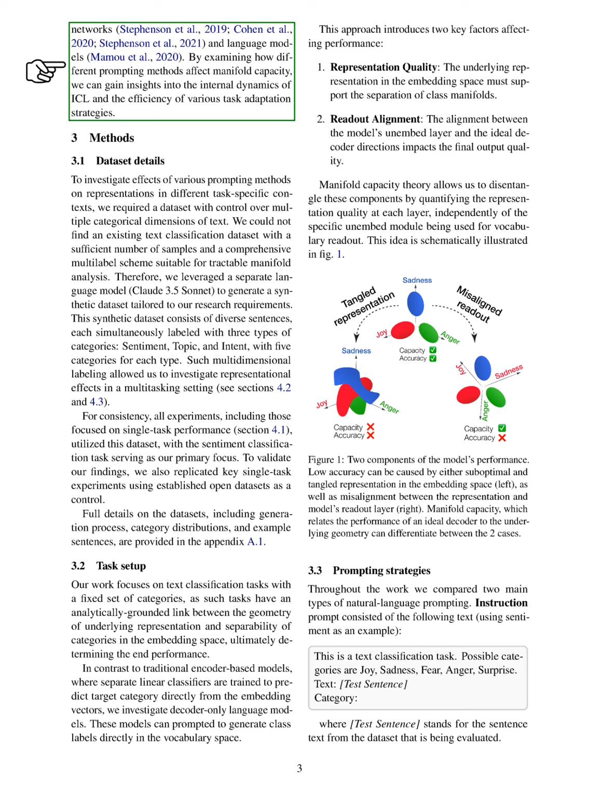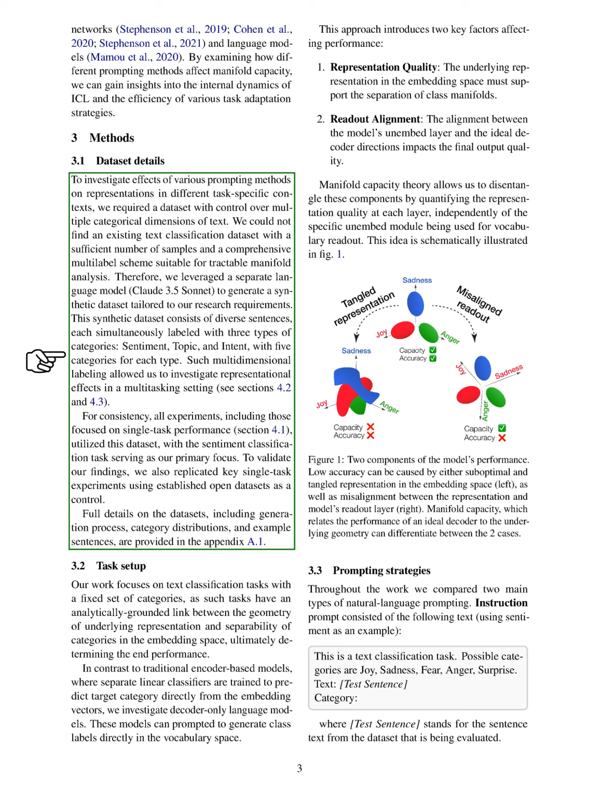Section: Dataset Details. In this section, we describe our dataset and task setup. To explore how different prompting methods affect representations in specific tasks, we needed a dataset that allowed us to control multiple text categories. We found that existing text classification datasets lacked enough samples and a comprehensive multi-label scheme for our analysis. As a solution, we used a separate language model, Claude 3.5 Sonnet, to create a synthetic dataset that met